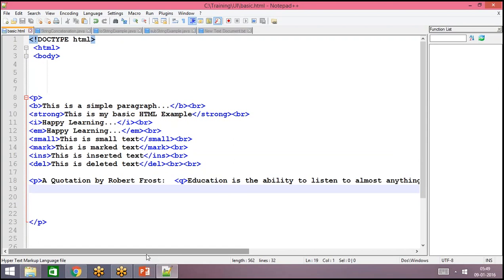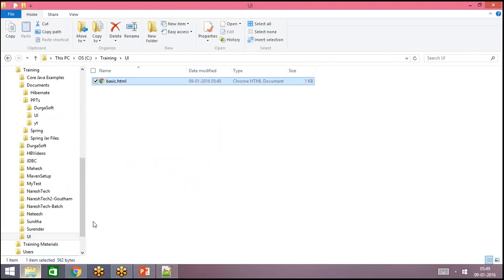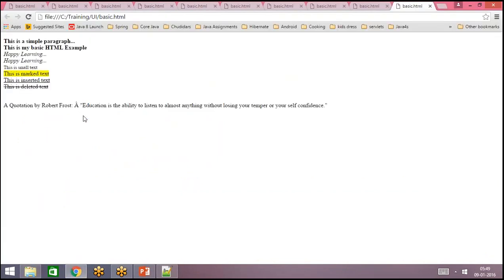The double quotes will be automatically added by the browser for quotations. The text that we mentioned using the Q element is shown in double quotes, and the double quotes are automatically added by the browser.